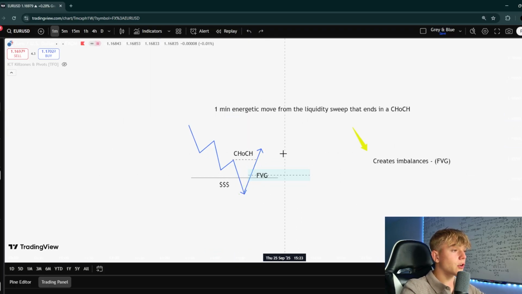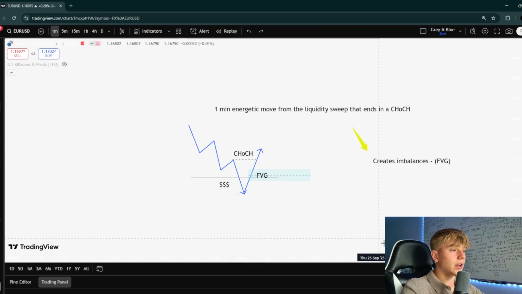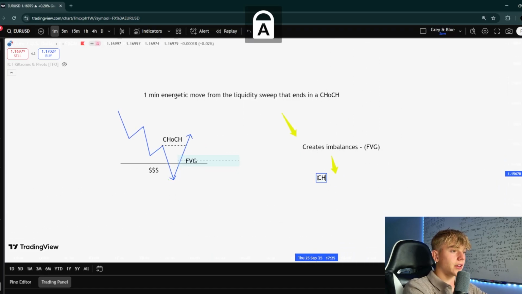Price is moving so fast and so energetically and with such high volume that it's actually struggling to fill orders at this zone, just because price has swept past this area so quickly. So once we see a fair value gap being created in the move to push for the change of character, we know that this area of liquidity has been respected very well. And once we see a fair value gap being created and then we get a change of character like so,